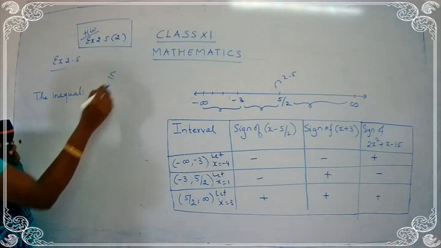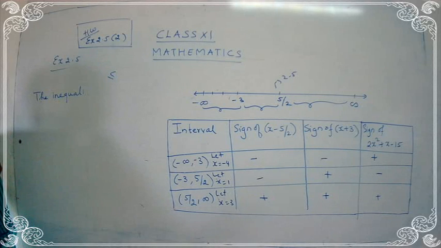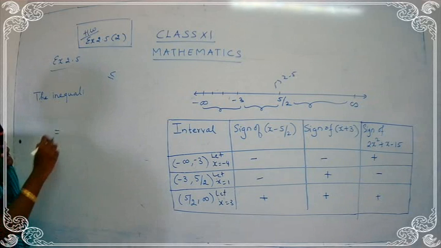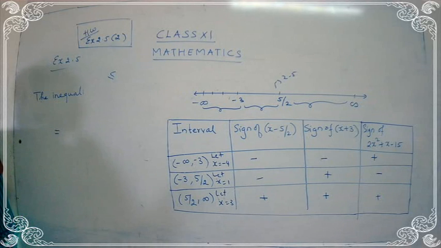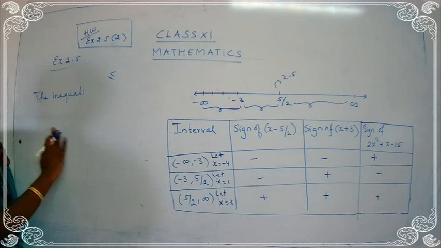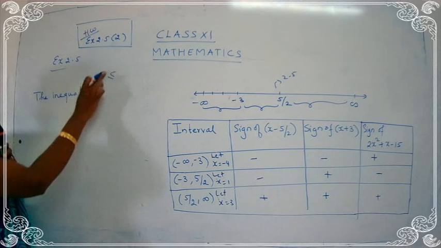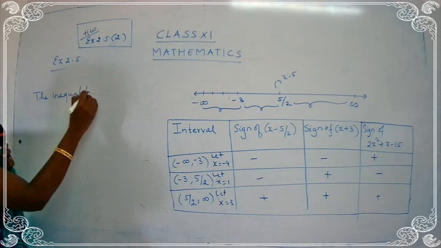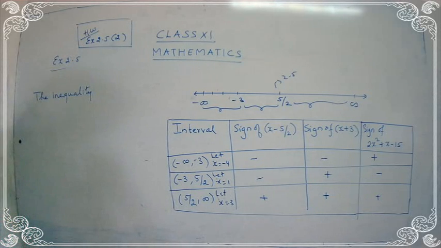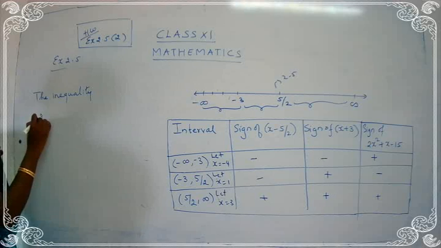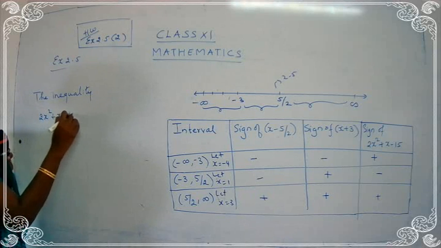So we have an inequality. Inequality means you have a less than sign, you have a greater than sign. You are not having only an equal to sign. Yes, children, along with equal to, you have a greater sign or you have a less than sign. So you have to say this as the inequality. So the inequality 2x square plus x minus 15